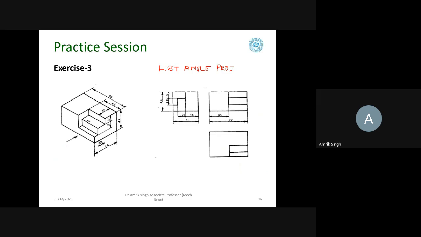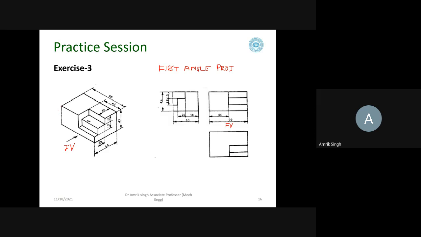So front view, so if this is front, so front view is drawn here. So this is the front view. Actually, it should be written here. Front view. Okay.